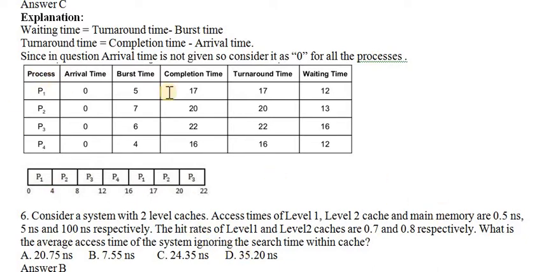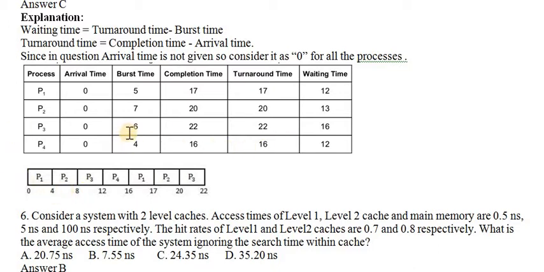Suppose P1 is entering. P1 has to complete within 5 seconds, but initially it can complete only 4 seconds. That can be represented in a Gantt chart: P1 arrives and completes 4 milliseconds. Then, in order to complete, P1 has to wait in the queue again, because the burst time for P1 is 5.